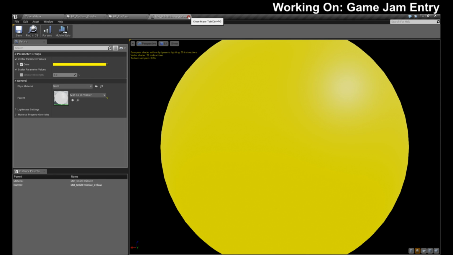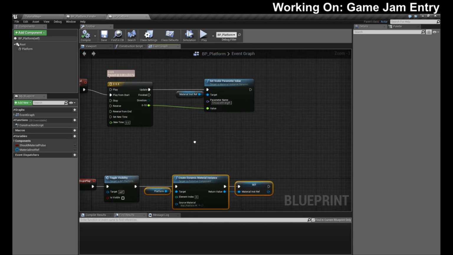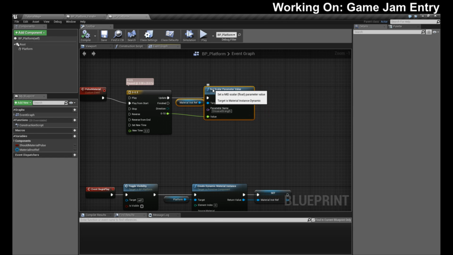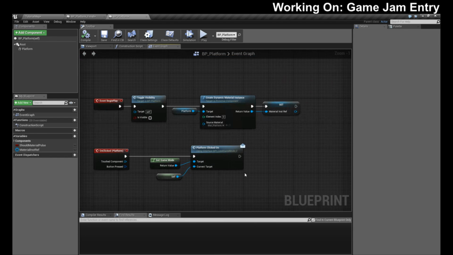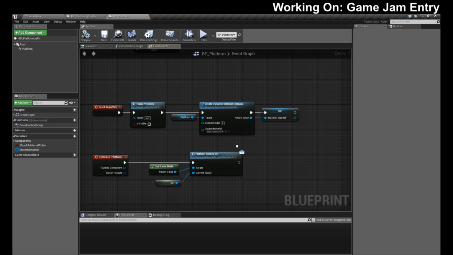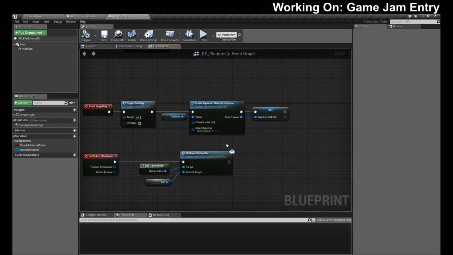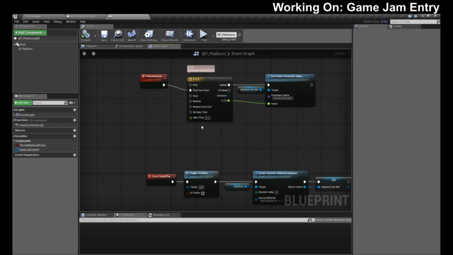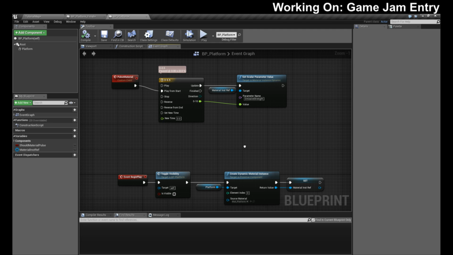Okay, so now... oh, this is the platform. Yeah, so oh, I'm looking at the platform when I should be looking at this one.